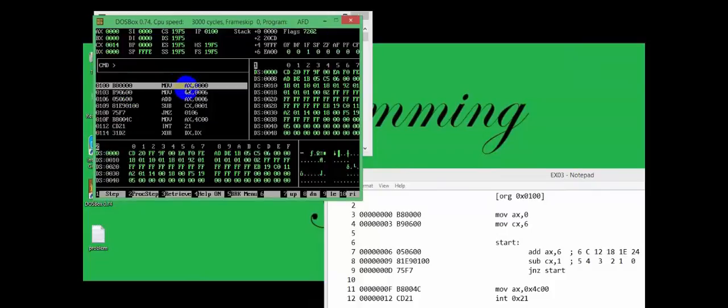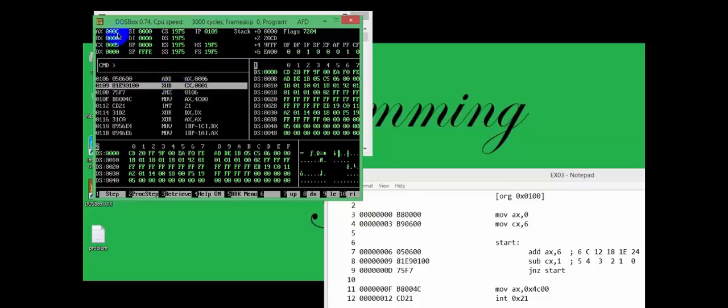Now firstly, 0 is moved to AX by pressing F2, and 6 is moved to CX. Now look at this. Now add constant 6 to AX. Its value is 6 now, and after subtracting, CX becomes 5, and it is not 0, so it will go to add AX.